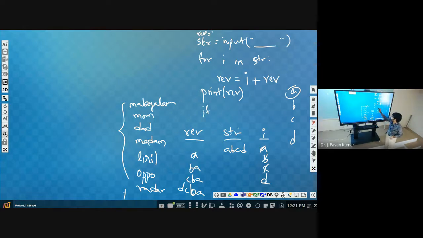Can we use double equal to? Yes, we can use reverse equal to string, then print palindrome, otherwise, else, not a palindrome.